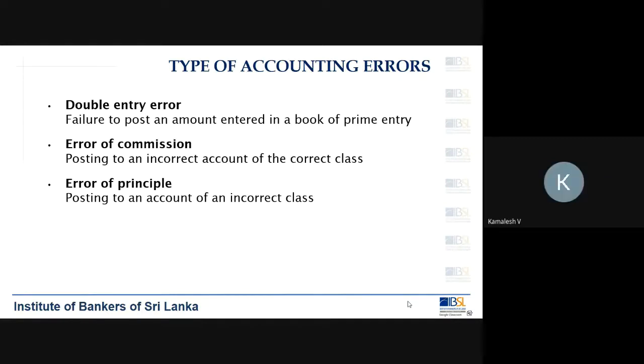So you have named it as service charge. That is okay. But what do you understand from here? What type of an account is the service charge account? It is an expense account. So you have selected the correct class. You have not made any mistake of principle.